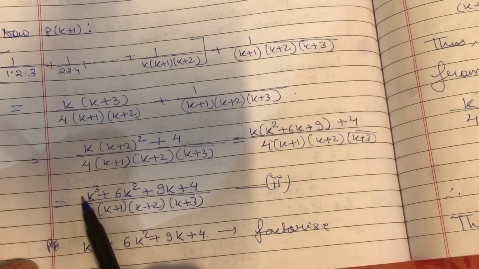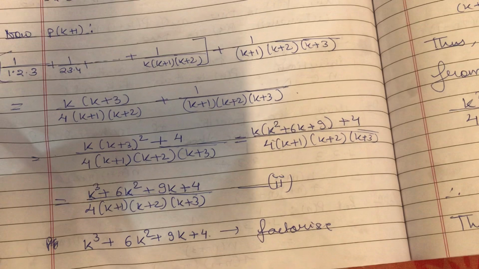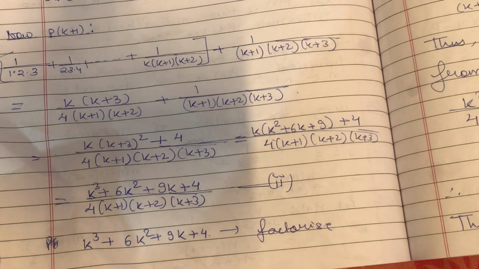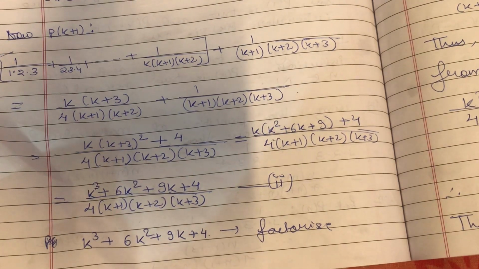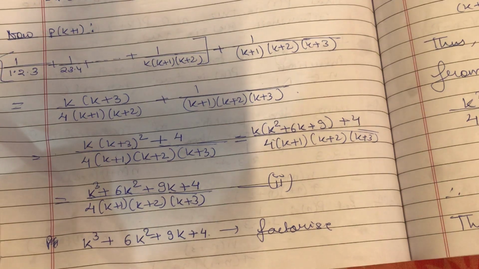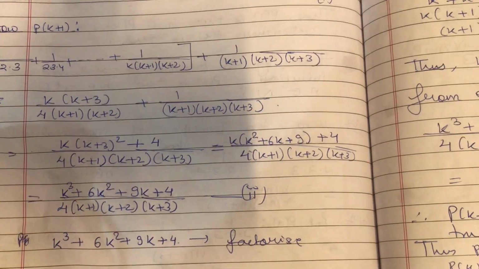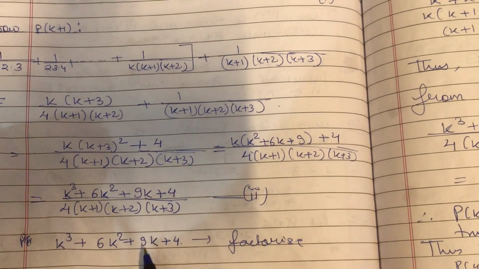So how to write it in the form of factors, do you know? If you don't know, I suggest you refer to my grade 9th video, factorization, where I have explained the remainder theorem, right? So you can please refer to that video so that you can understand this concept in detail. For your reference, I am just trying over here to explain in short, because this topic belongs to grade 9, how to factorize this.